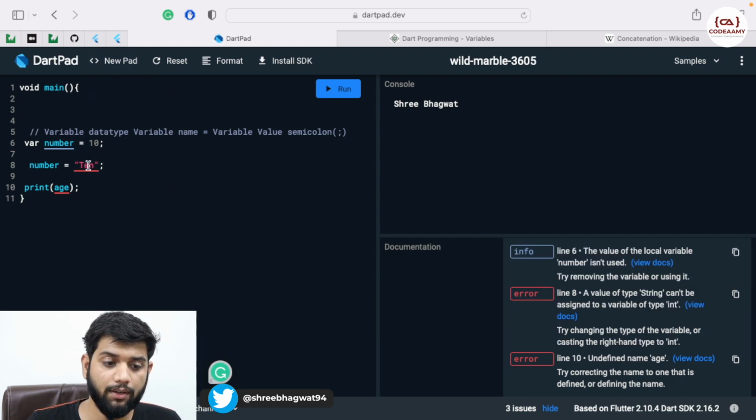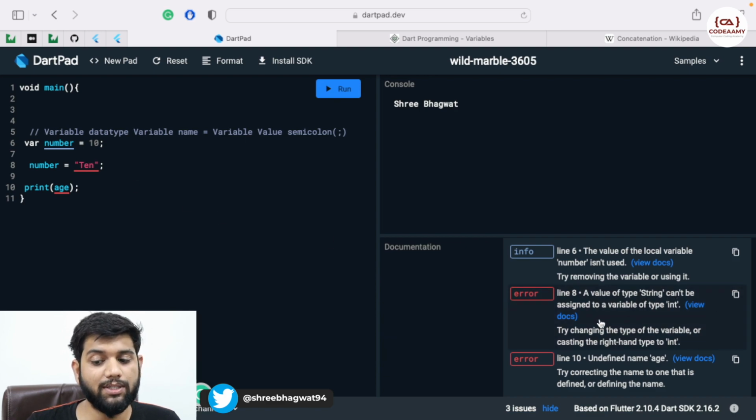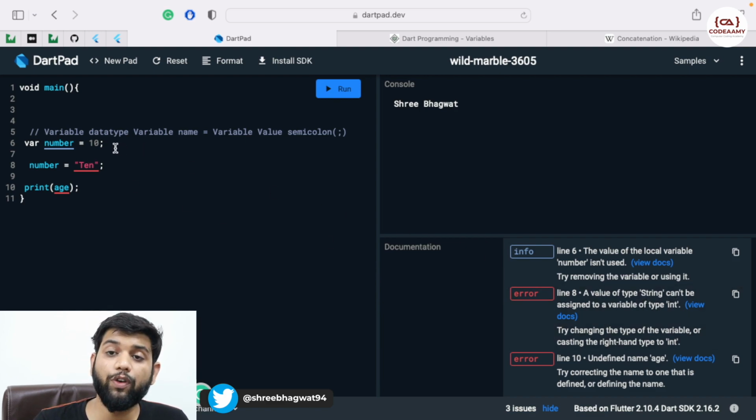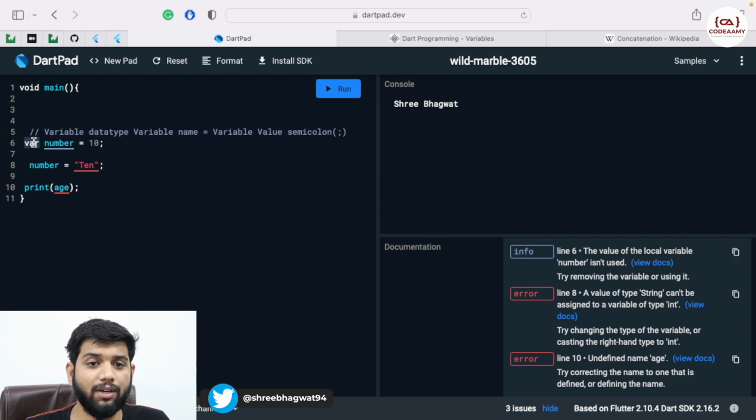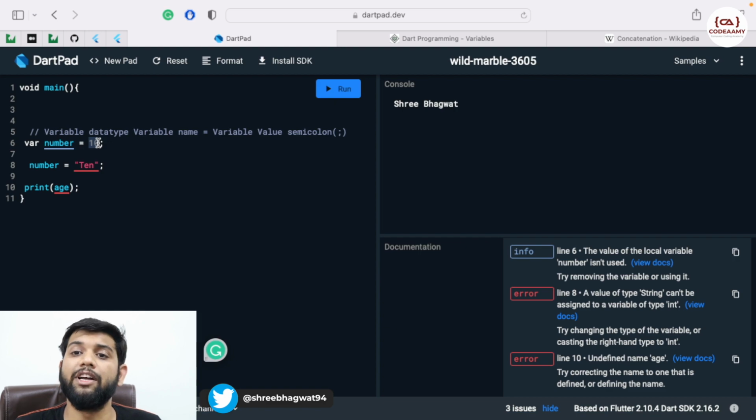What you can see is again the previous error: the value of type string can't be assigned to a variable of type int. We haven't mentioned the data type over here, but Dart is clever enough to figure out what kind of data type we are using. So even if we have not mentioned the data type, you cannot interchange the data type.